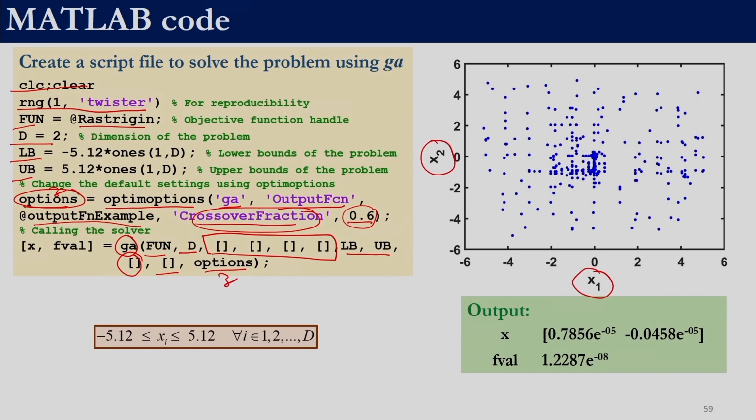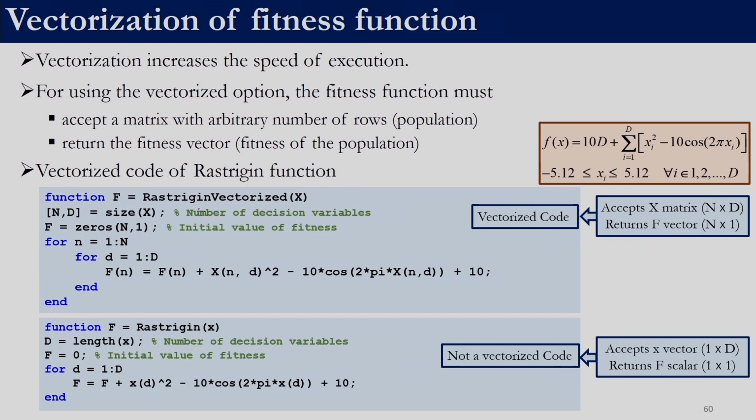So, now that we have seen output function, let us look into vectorization and parallelization. Vectorization we have previously discussed, right. A vectorized objective function is one which can receive n solutions and evaluate the fitness function of all the n solutions and pass n values for the fitness function, right. For example, in this case the x can be n cross d, n solutions which correspond to the rows and d decision variables which correspond to the columns, and it should be able to send back an n cross 1 vector, right. Here basically we are writing a for loop wherein we are evaluating the fitness function for each of the solutions. So, this is vectorized code.